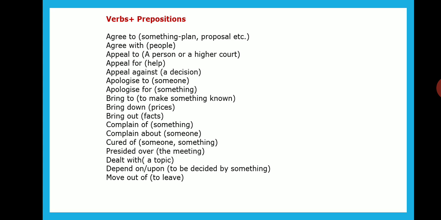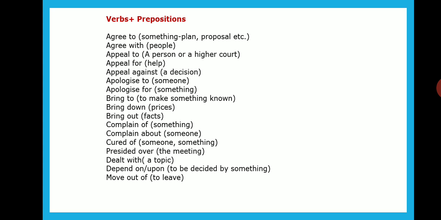Waiting is a verb. For is a preposition. I'll read it again. She is waiting for him. Waiting is a verb and you use for as the preposition. So you have to use the correct preposition along with the verb. All prepositions may not suit there. If you use a wrong preposition, then it becomes grammatically incorrect.